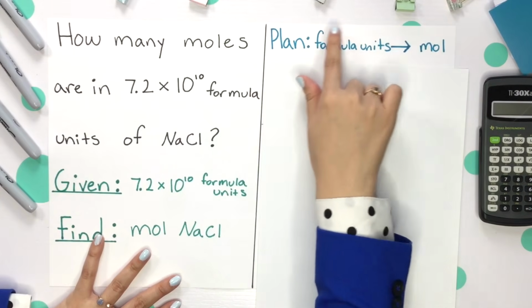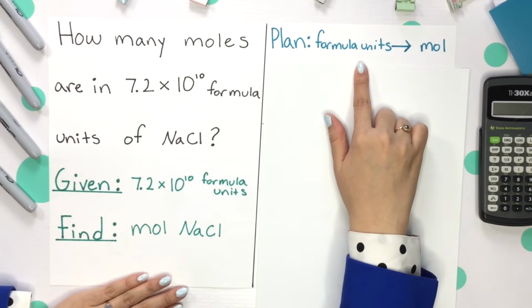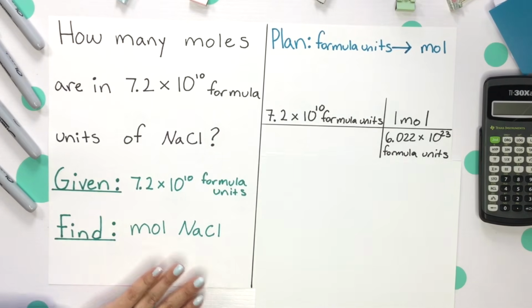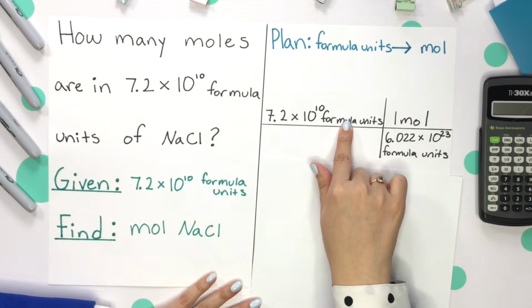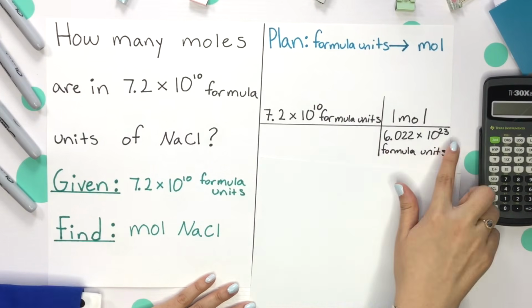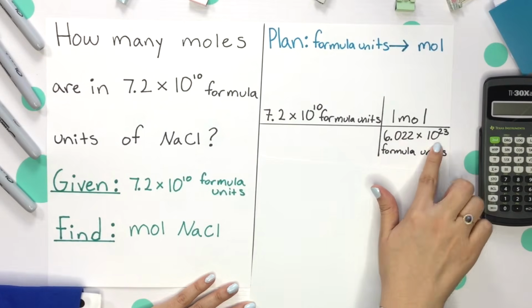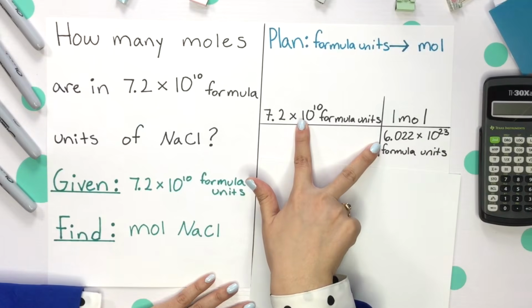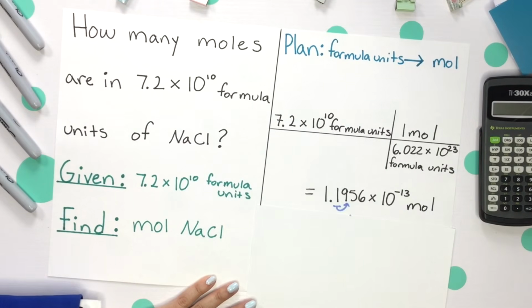Key word here, formula units. We know we're using Avogadro's number as our conversion factor. Your setup, starting with your given on top, aligning those units across from each other so they can cancel. And this time Avogadro's number is on the bottom just so we can cancel out those formula units. Divide these two numbers and you get